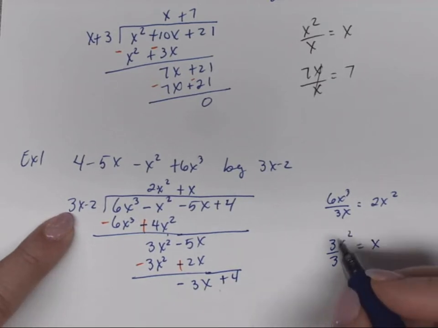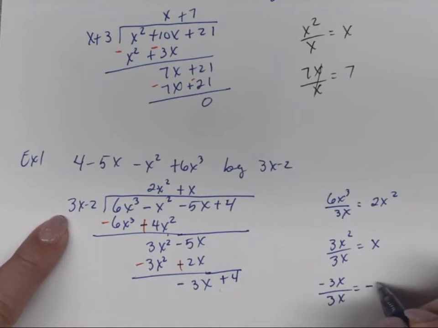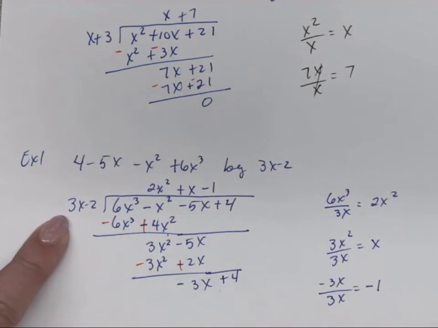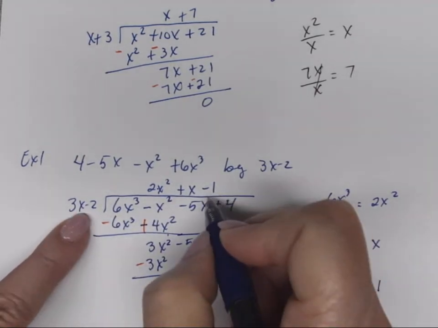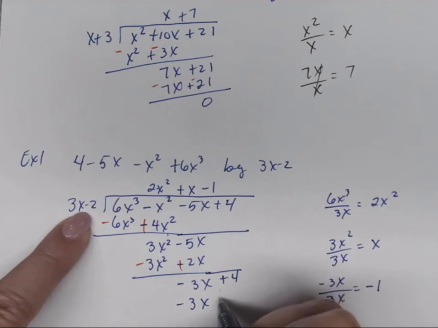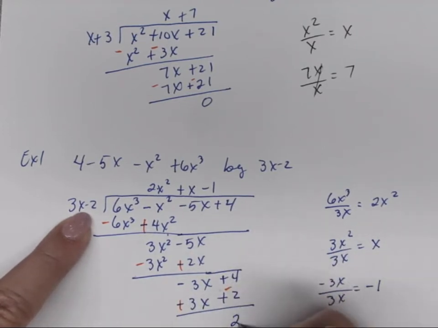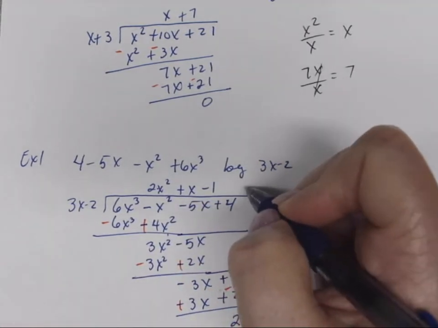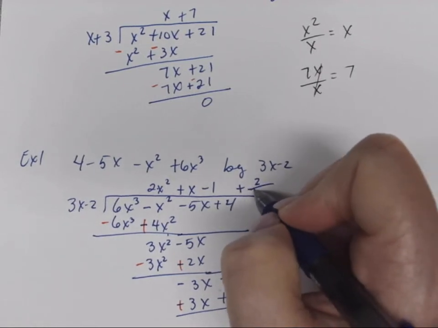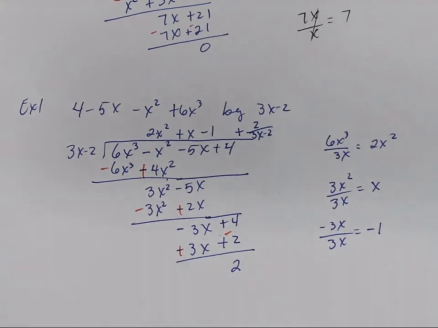So we now have negative 3x divided by 3x will get us negative 1. So negative 1 comes up here. Negative 1 times 3x will get us negative 3x. Negative 1 times negative 2 will get us positive 2. Draw the line, change both signs, and we end up with the 2 left over. So we will come up here and it's positive, we're going to add 2 over our 3x minus 2. So it's going to work out the same way as if we were doing long division